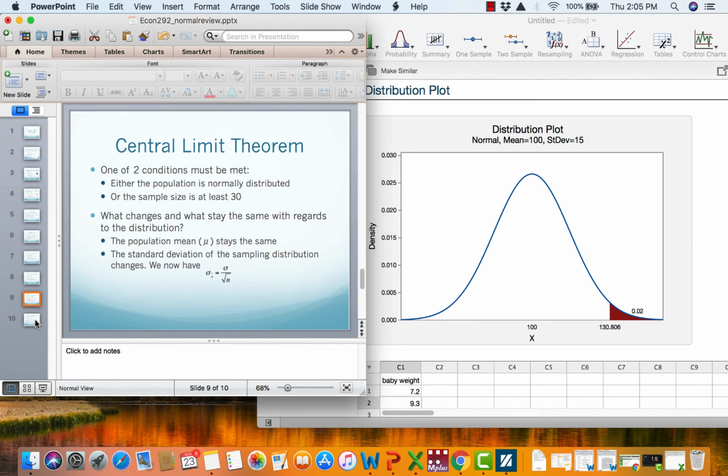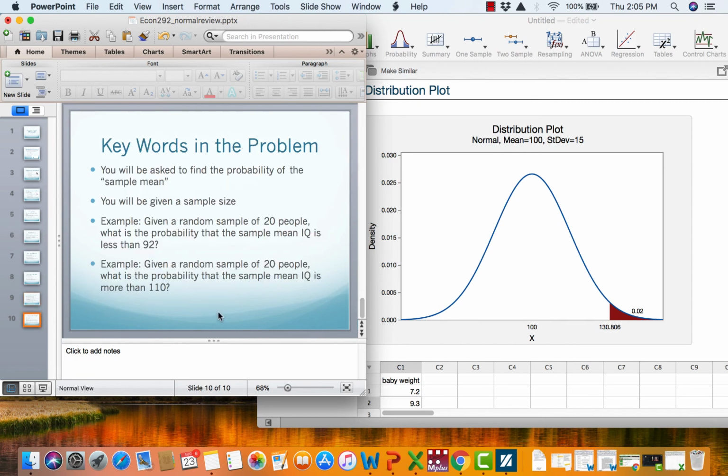Let's see a few examples. Keywords in the problem: you will be asked to find the probability of the sample mean. So you're looking for the words sample mean in the problem. If you don't read sample mean, then you don't change the standard deviation. You will also be given a sample size. For example, given a random sample of 20 people, what is the probability that the sample mean IQ is less